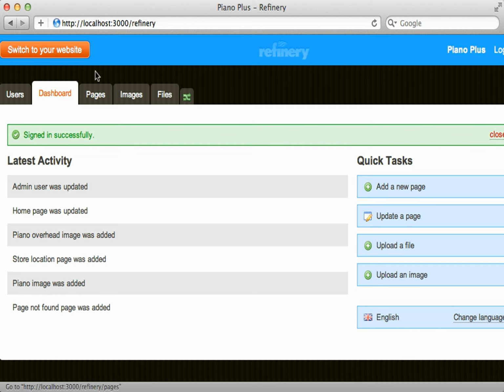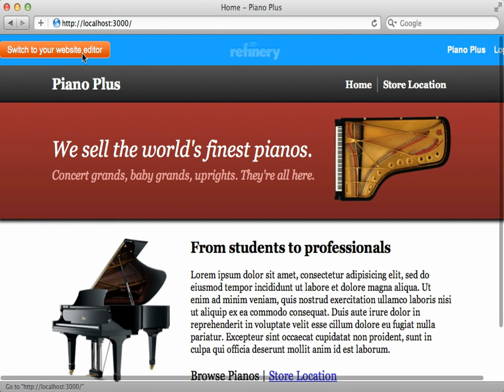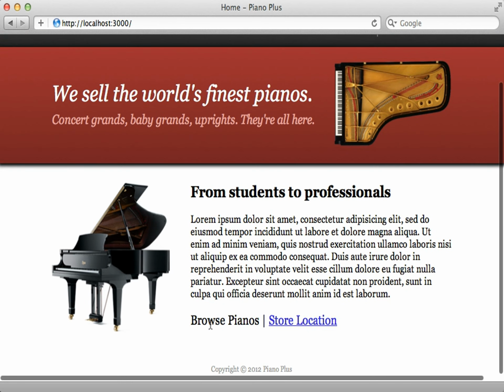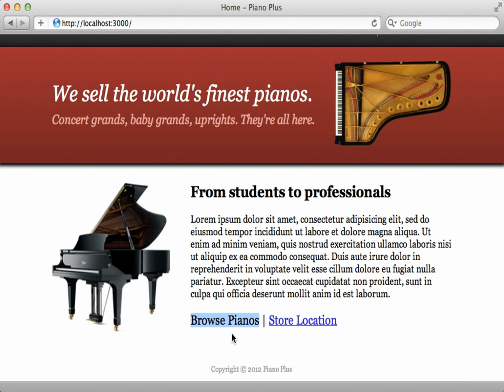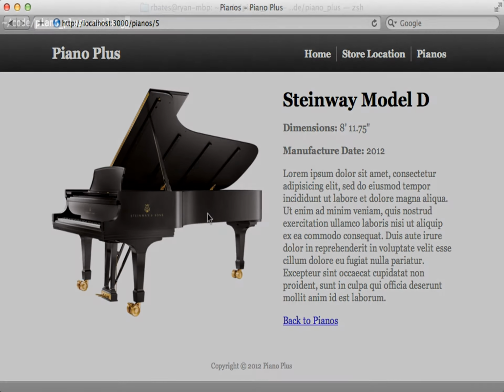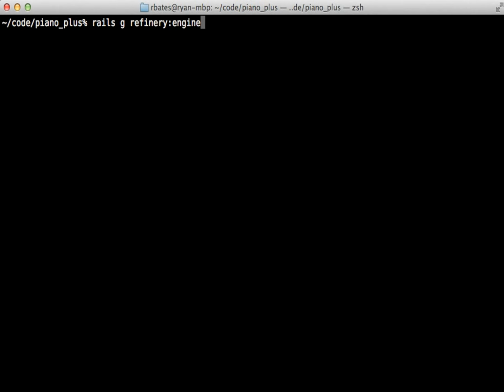Now there is one more section of the site that I won't be adding in this episode, and that is the Browse Pianos section. While we could just make a static page for this that just lists out the pianos, instead I would prefer to store the pianos in the database. And to do that, we'll need to extend Refinery by creating our own engine. And that brings us to this week's Pro episode. There I will show you how to add the Browse Pianos section to the site by creating our own engine and then customizing it. And I'll also show you how to override various parts of Refinery, such as views and